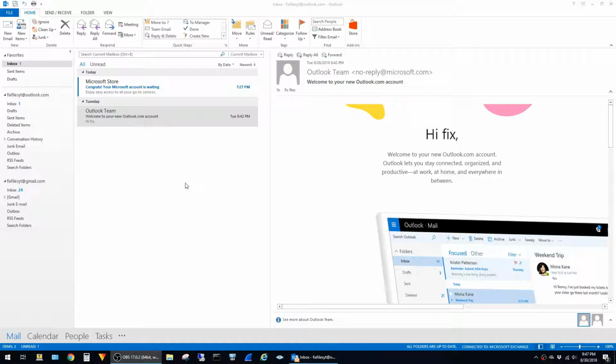In this video I'm showing how to set up an email signature in Microsoft Outlook. I'll be using Outlook 2013, but the steps for other versions of Outlook are very similar. To begin, just click on File in the top left corner,